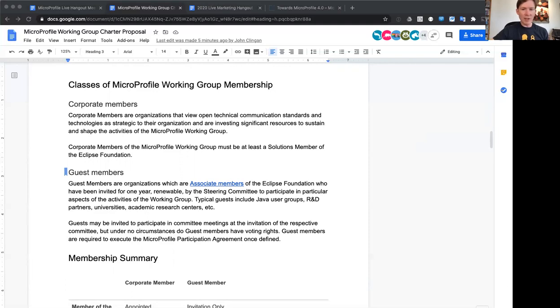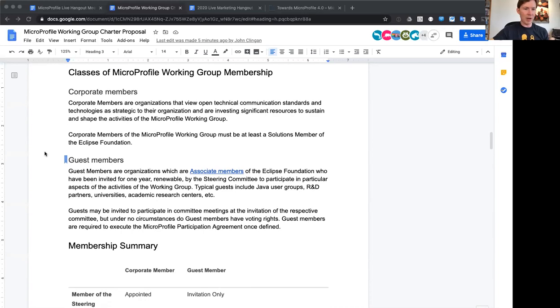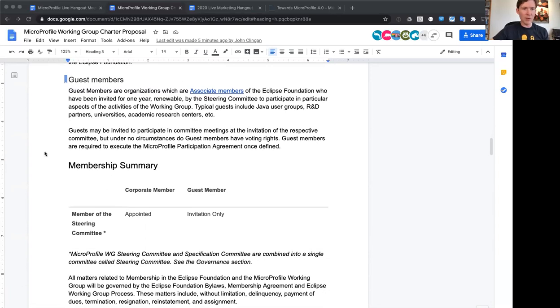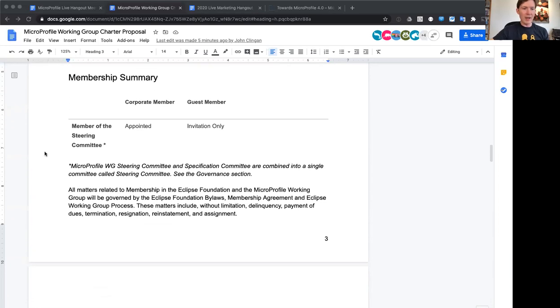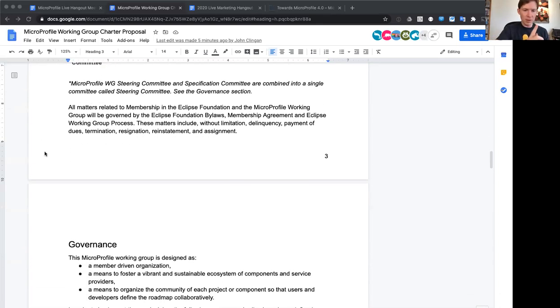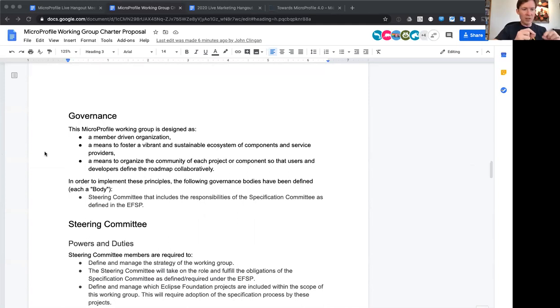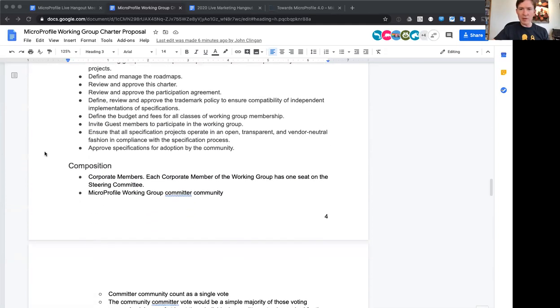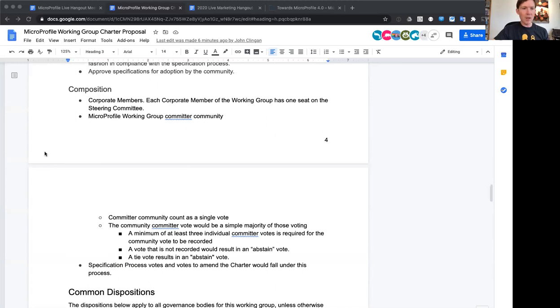We have discussed in the past having elections for individuals to represent the entire community, but we opted instead to have the entire community always represent the entire community. And so that community vote would happen in parallel to the quote unquote vendor votes or the member votes. What we would do is total up all the community votes to be one vote, and then that vote would stand next to the other votes for the different members and become the final outcome.